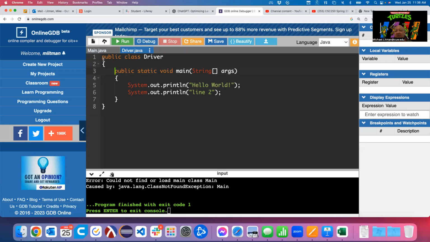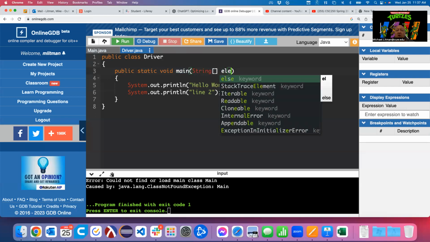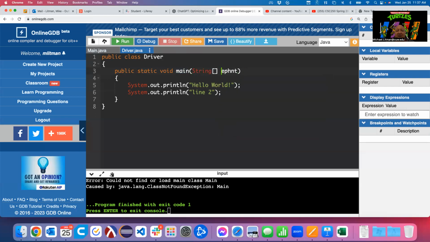So in Java, you have to have a public class. The name of the class has to match the name of the file. The method is public static void main. It has to be that way. I think you can actually flip around public and static, but whatever. This has to be a string array, but you can call it whatever you want. The name of the